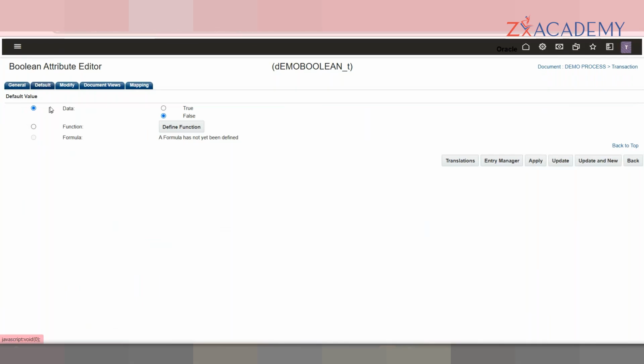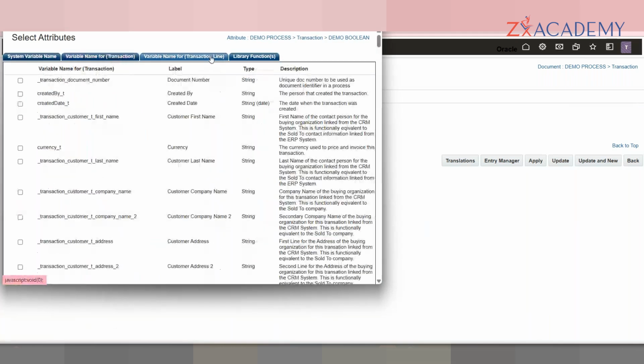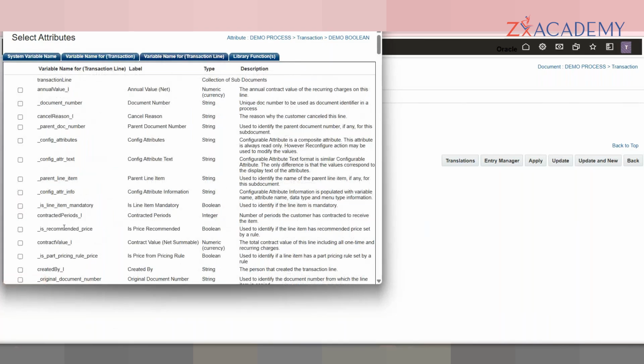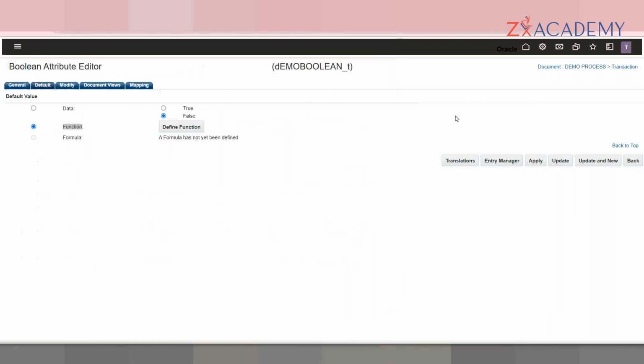Here you can also use the data, or if you want to get that value based on some condition, you can go for this function, where in the define function you will have the system variable name for transaction line. So you can take certain attributes or certain VML functions or certain system variable names and return whether you want to pass true or false. Formula gets activated when you call this attribute, and